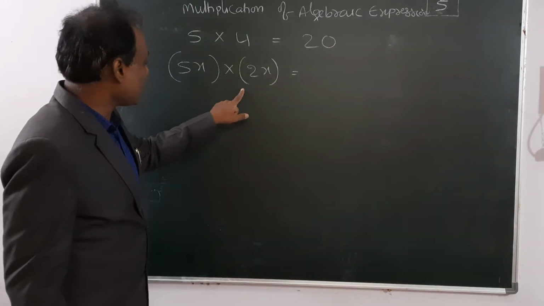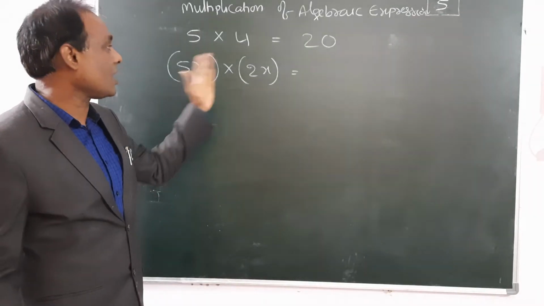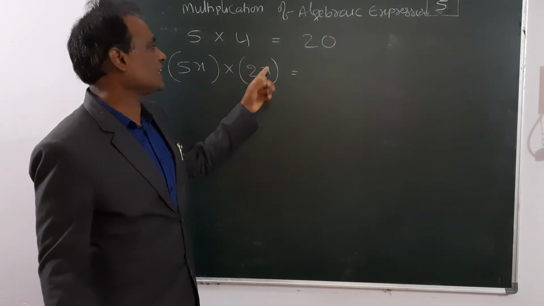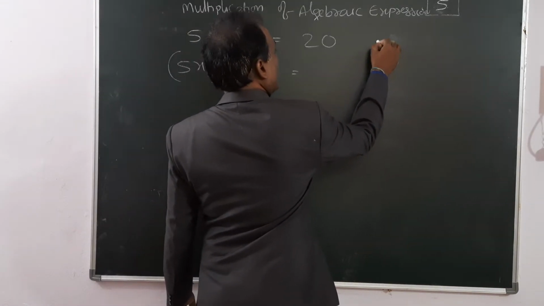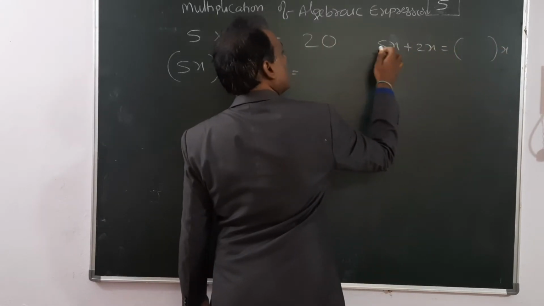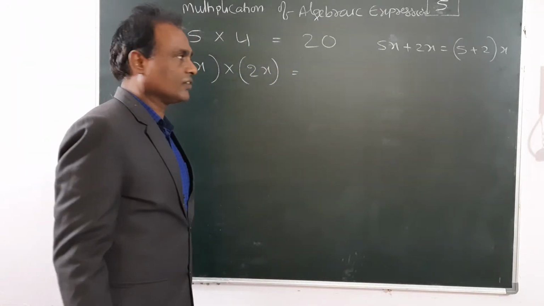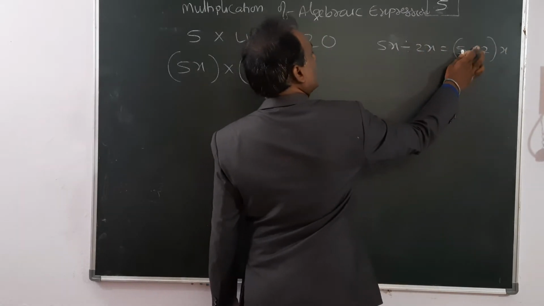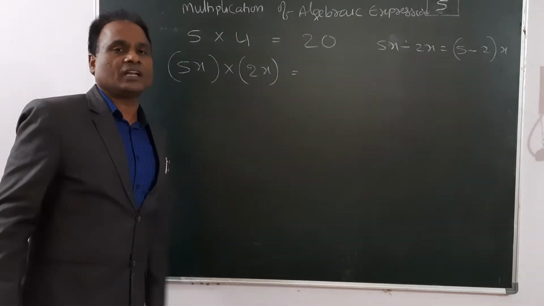In plus or minus we can take x common using the distributive property. But if it is multiplication we cannot take something common. Suppose we have 5x plus 2x. In this we can take x common; if x is taken common, 5 remains here and 2 remains. This is called the distributive property, which you studied in the lower classes. Even if it is minus, we can take x common: 5 written here, a minus symbol, and 2 written here. That is the distributive property. But in multiplication, it is not applicable.